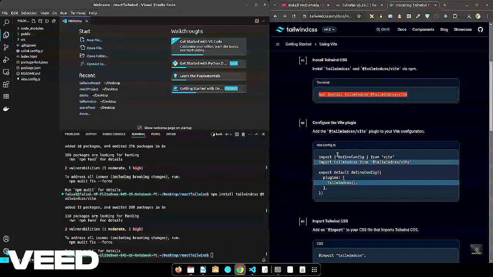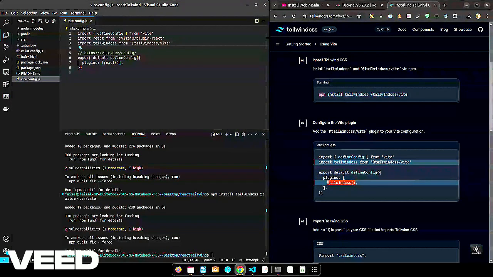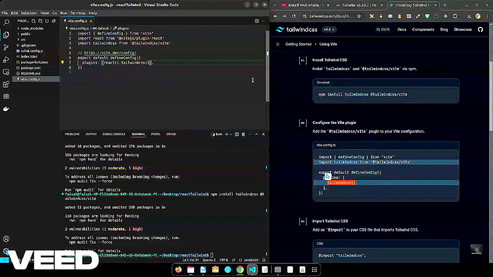After this we need to configure the vite.config.js file. Here we can find the JS file. So we need to add this line, copy, paste, and also we need to add this line after the react. Okay,